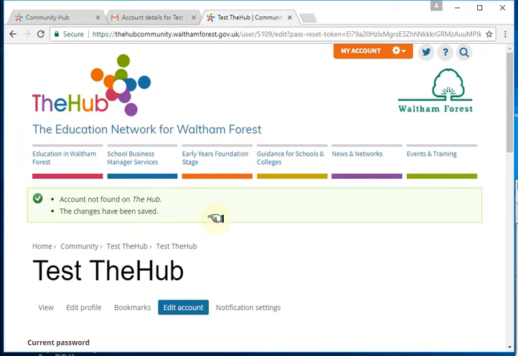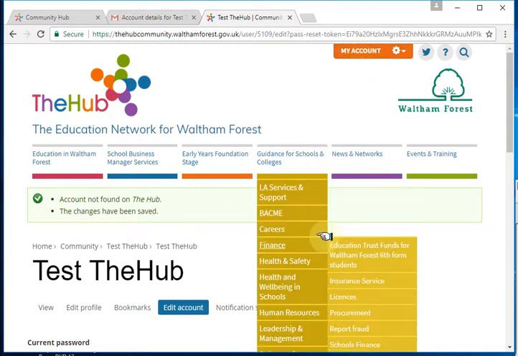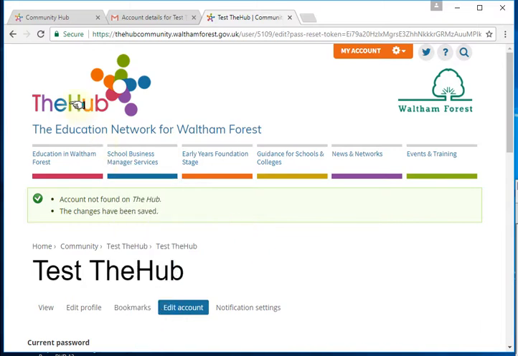But we can tell that we are logged in now because you can see that we've got an orange My Account button in the top right hand corner. And to actually get back to the hub, just click on the hub icon in the top left hand corner. You can do that with every page of the hub. To get back to the home page, just click on this icon,